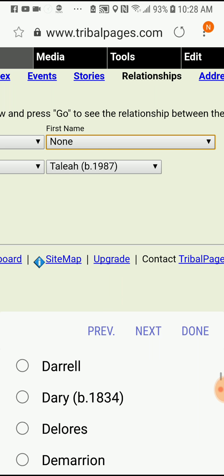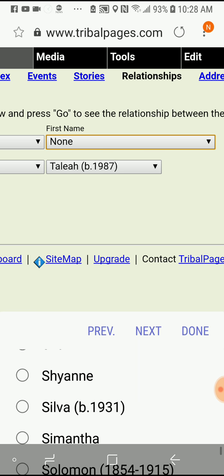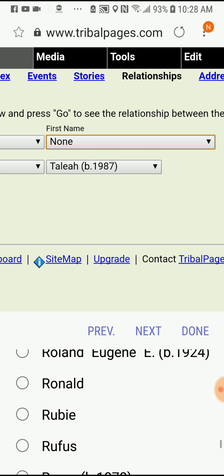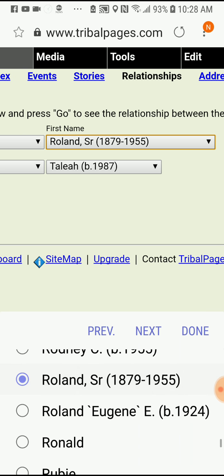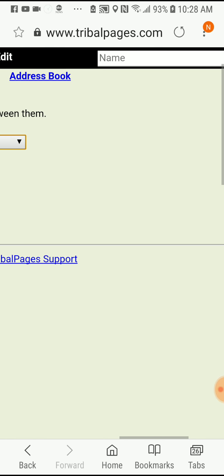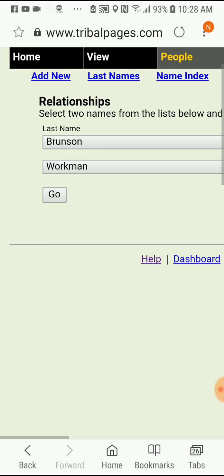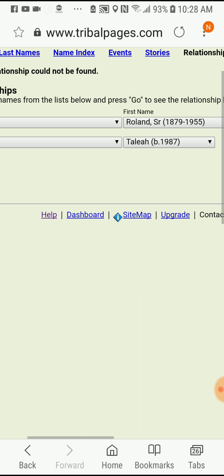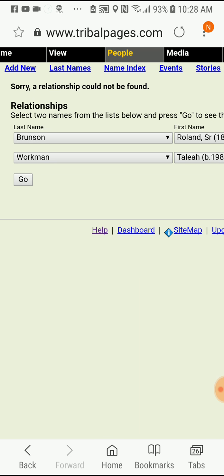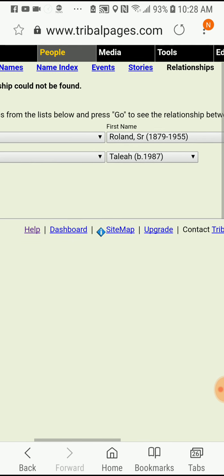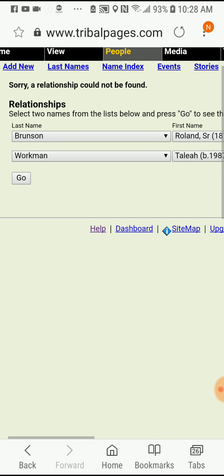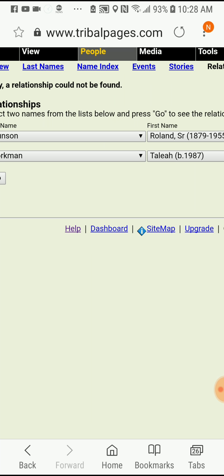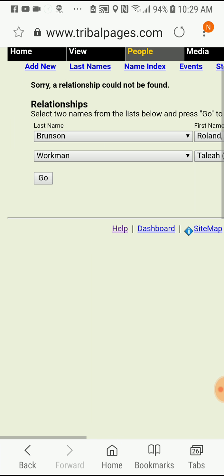Roland. R-O, Roland. There we go. Now, and see, it's not going to allow me, but we know it's a connection because, again, if Roland Brunson's great-granddaughter is linked to Tara Williams, Talia's mother, then he would be linked to Talia. For example, if I'm linked to Roland Brunson,